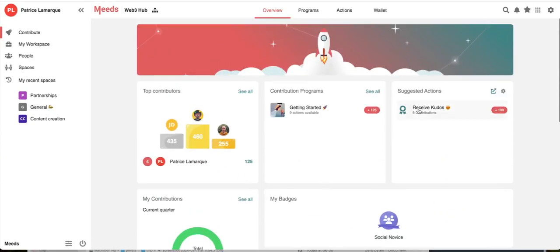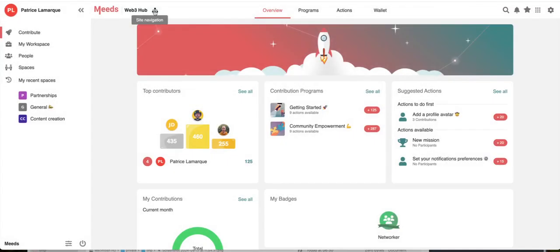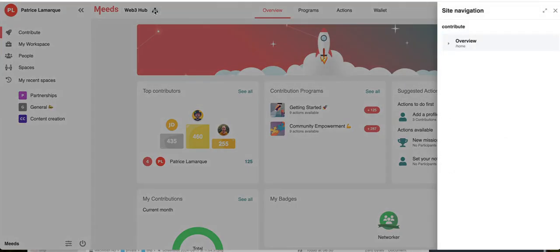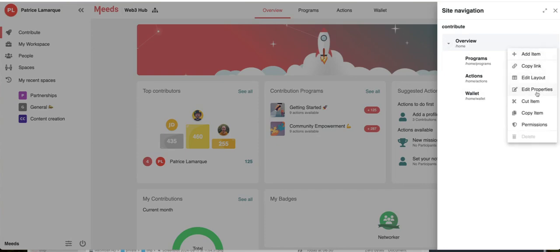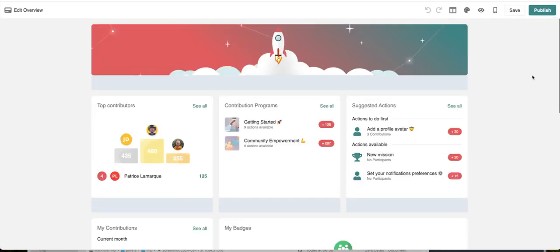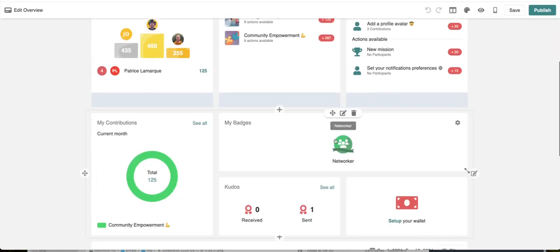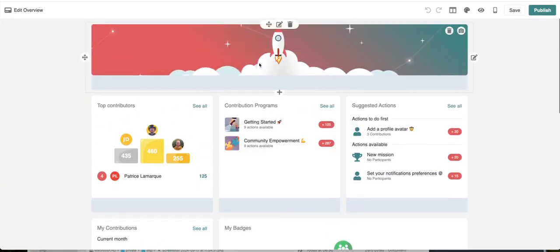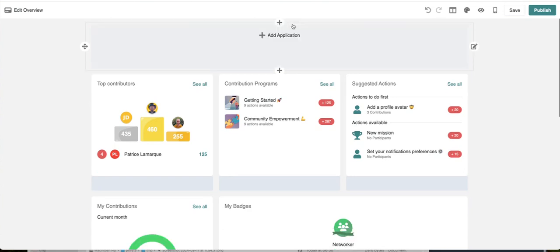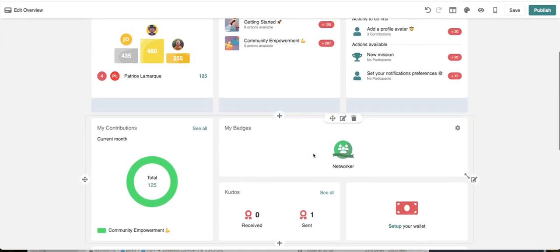But now let's say you're not happy with the layout. So click on the site navigation icon. Then you have advanced controls. You can completely change the order of the subpages, or you can even edit the layout. And then, all right, let's say you don't want this item anymore. No problem, just remove it. You're done. And let's say you want to maybe